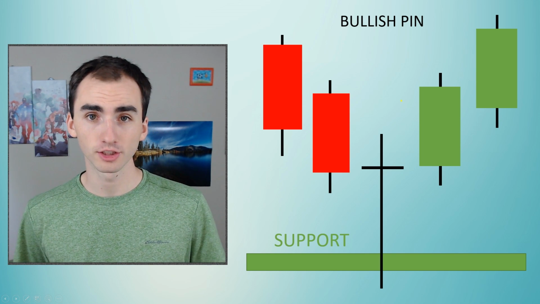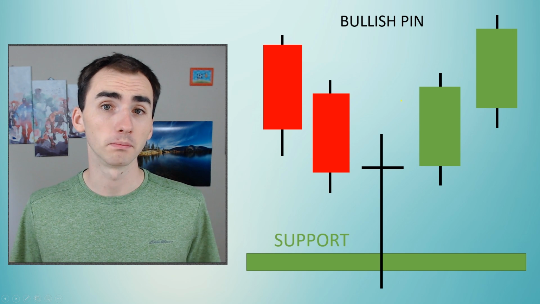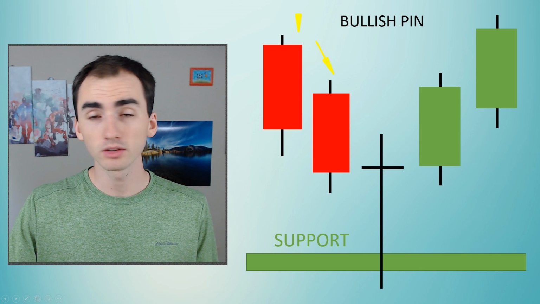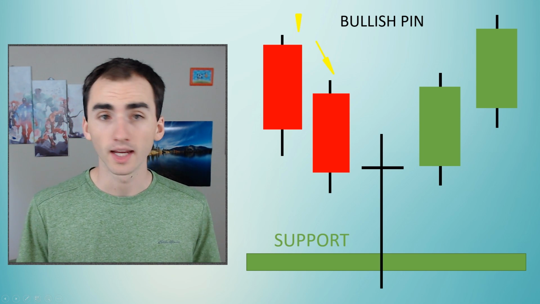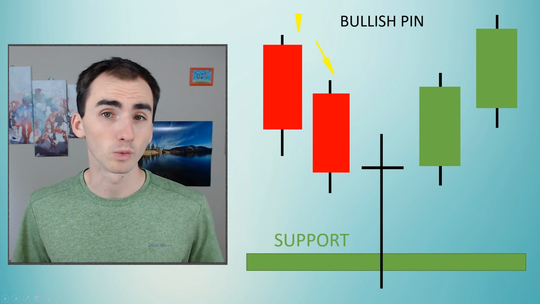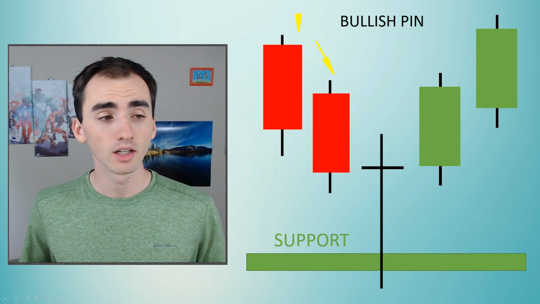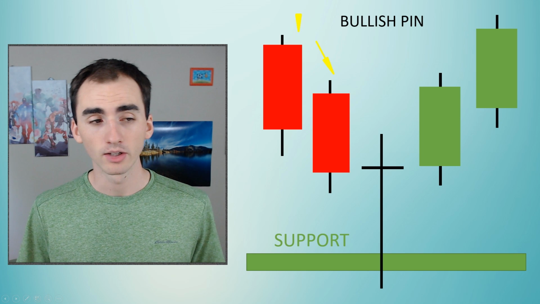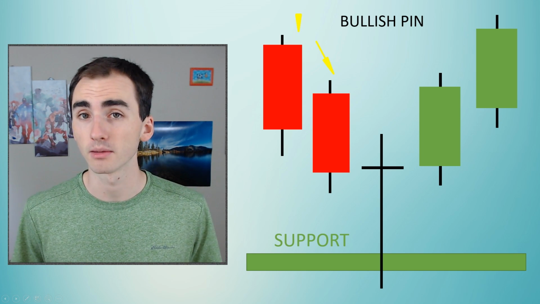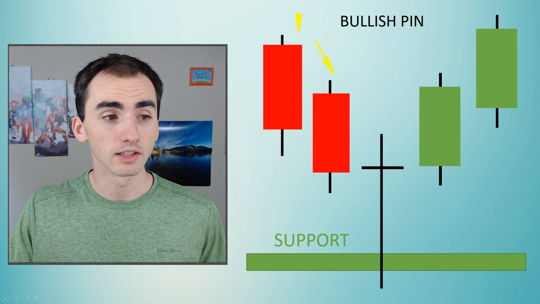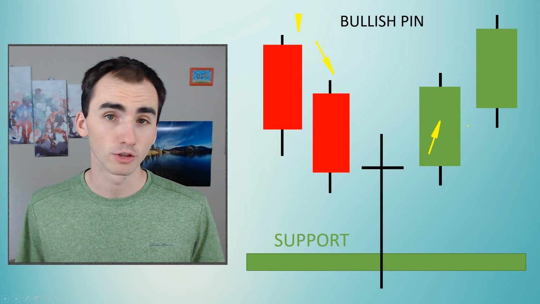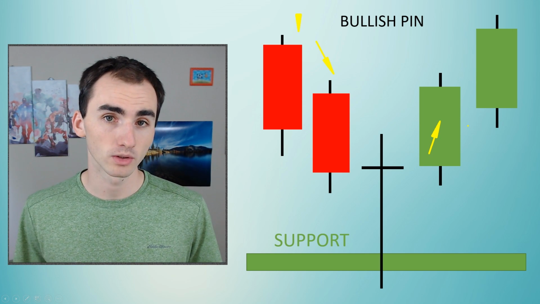The idea then is it has that huge wick on it, and this is signaling that the sentiment has shifted and people are wanting to buy this stock, because previously you had many red candles trending down into this zone, and now you're getting a new type of candle that shows that people aren't willing to really just sell. There's people wanting to sell and buy, which is why the candle closed flat. Essentially, it opened and then closed at the same price, and then you begin to see these green candles starting to form,